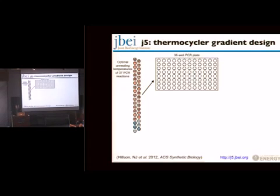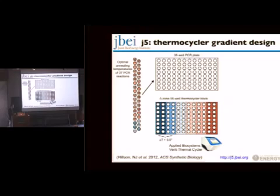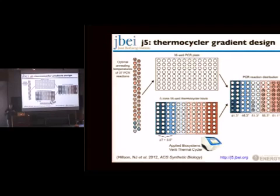After you've designed all these protocols with J5, the next thing you want to do is go into the lab and do the PCR for these. If you're putting together many DNA constructs, potentially you have many different PCR reactions, and we're going to be doing these in 96-well plates. At JBay and many other institutions, we have thermocyclers for which you can set the annealing temperatures to different zones. So maybe we can go from a cold annealing temperature all the way to a hot annealing temperature. We really want to match the annealing temperature of each PCR reaction with where it should be in the plate. So J5 will also automate the design of where you should be arranging all of these PCR